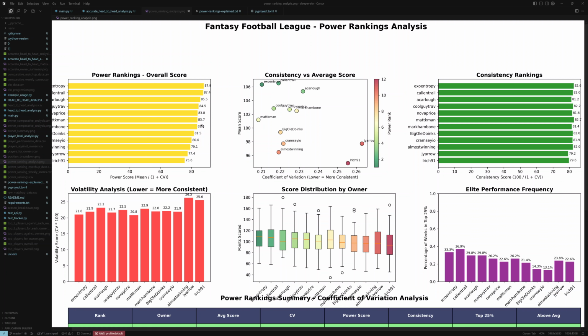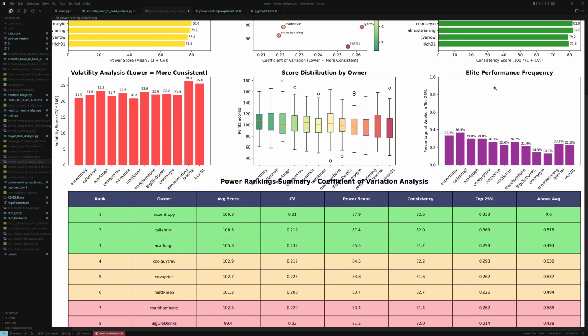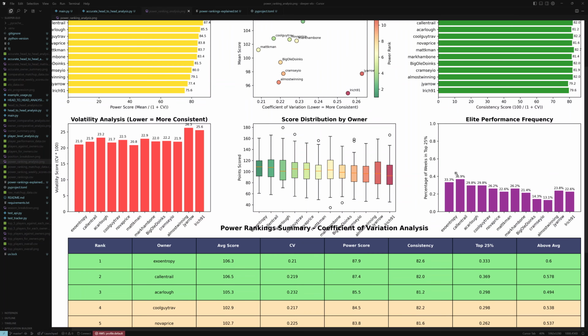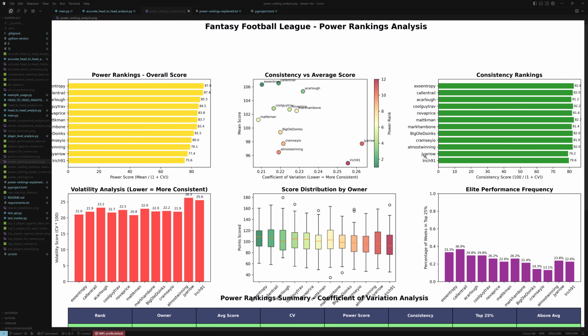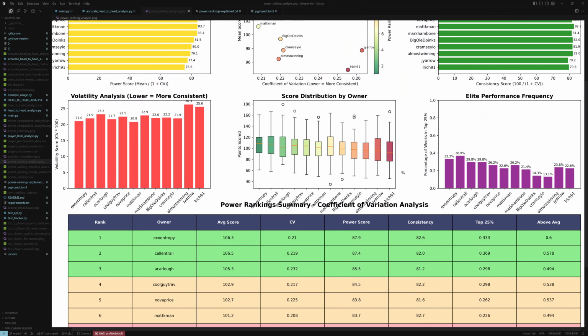Some more consistency rankings, candlestick graphs. And then I thought this was a cool one that Cursor just came up with on its own, a high performance frequency. So of course you want every week to be very consistent. But I think even, who is it? It's one of the ESPN guys, Bill Barnwell or somebody, one of their fantasy analysts maybe, puts out a consistency rating